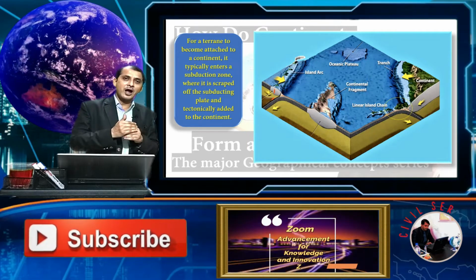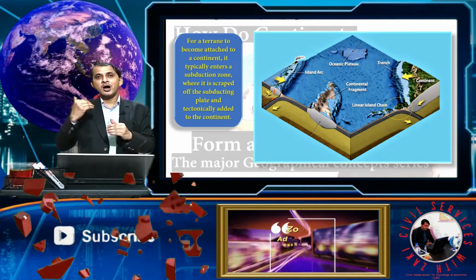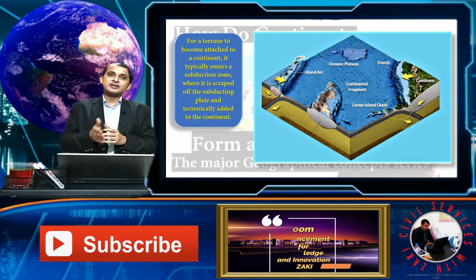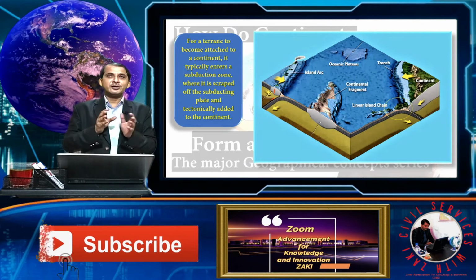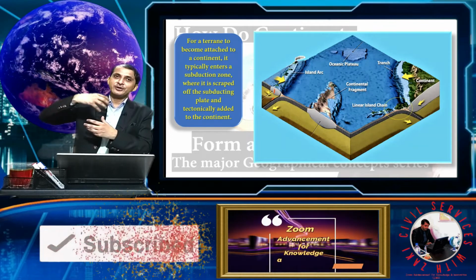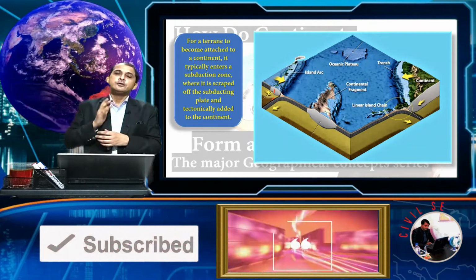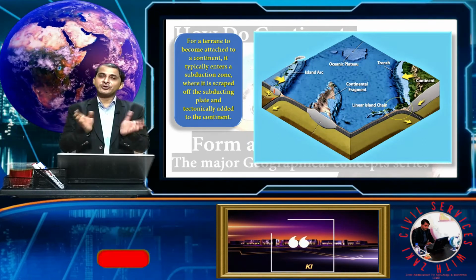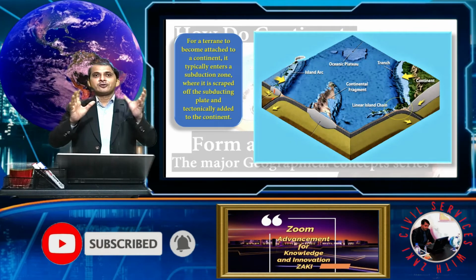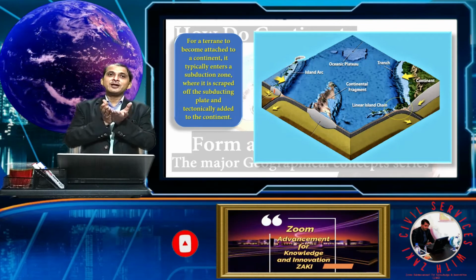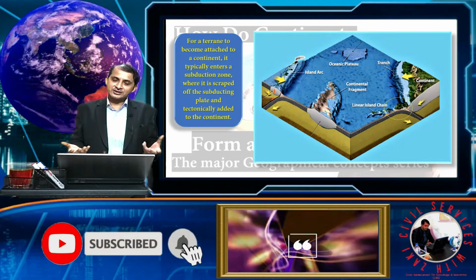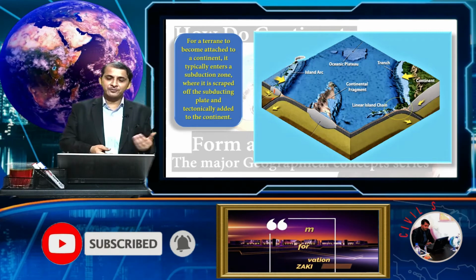So that's all about the continents: how continents grow, what is a continent, and the concept of the continent. A continent is not just the shoreline, but both the continental shelf and the continental shoreline. And also how continents grow. Basically these continents grow, form a supercontinent, and finally split apart. So this is the basic cycle. It is also related to geomorphology.